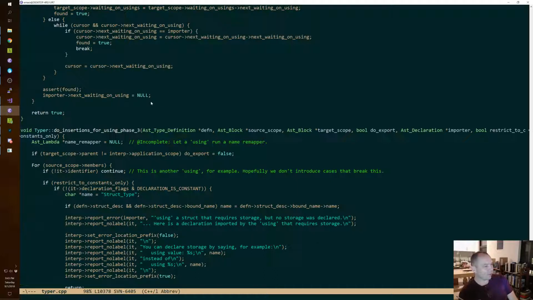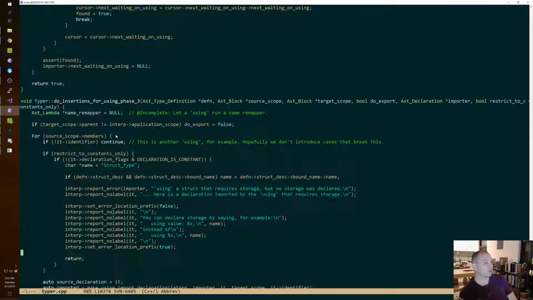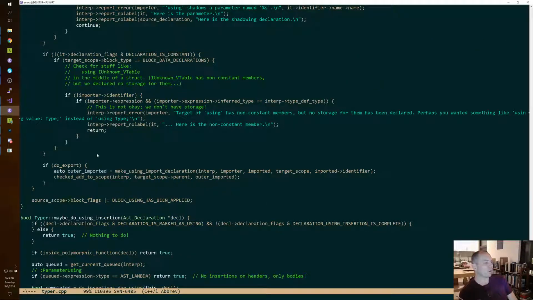So you might get here if you're doing a using, and using says export or import really of some namespace into our namespace, right? Then you get down here and you're like, oh, by the way, the current namespace that we just imported into might be a file scope that, because we said hashtag scope export, also needs to export into the global application scope.